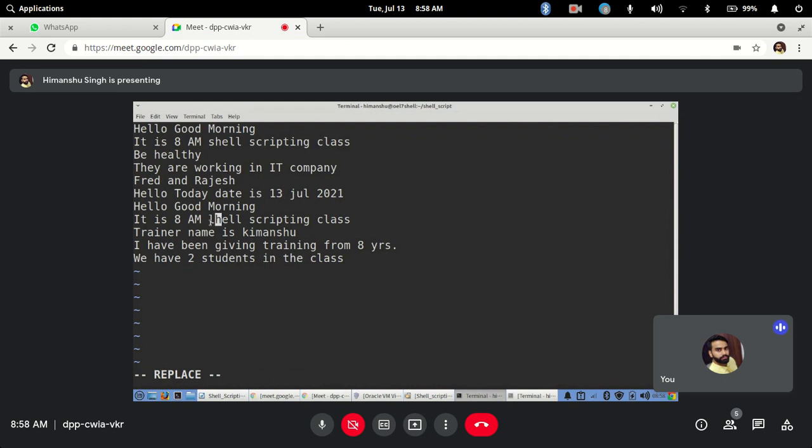L, I, N, U, X. See, shell is replaced by Linux here. It has gone into replace mode. If you want to come out of replace mode, again press escape, and your whole word has been replaced. Got it?